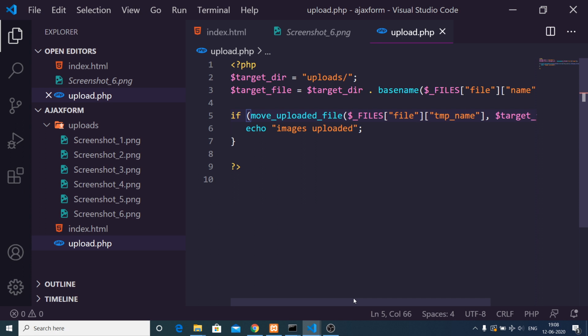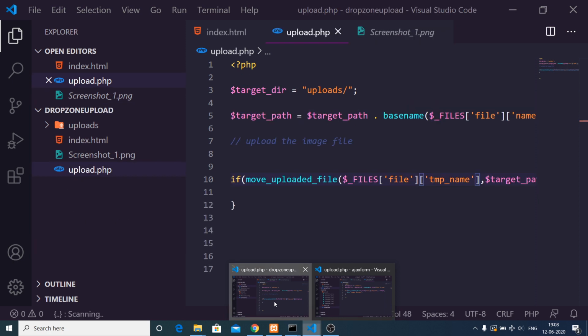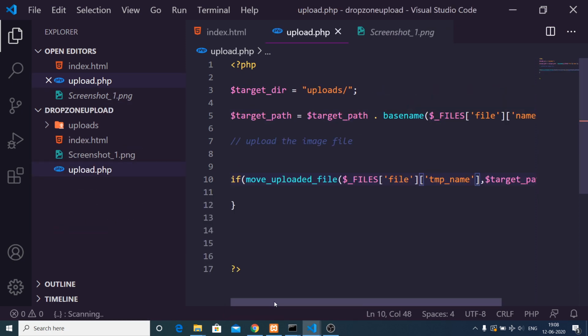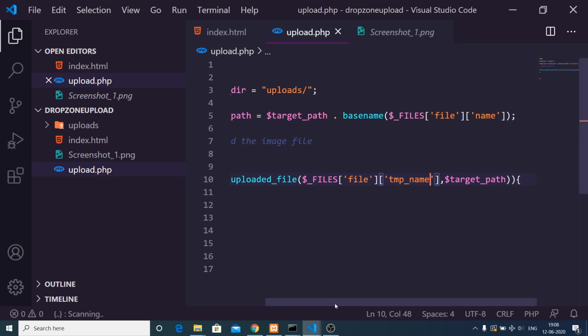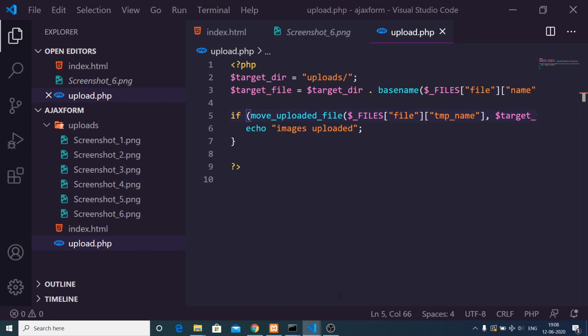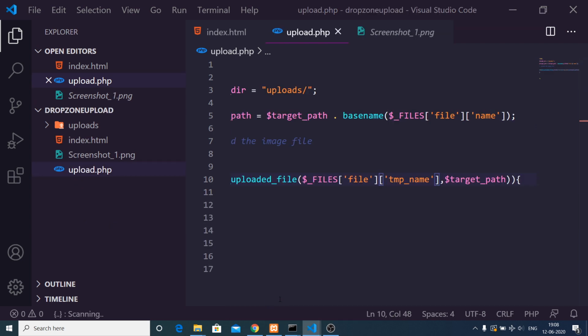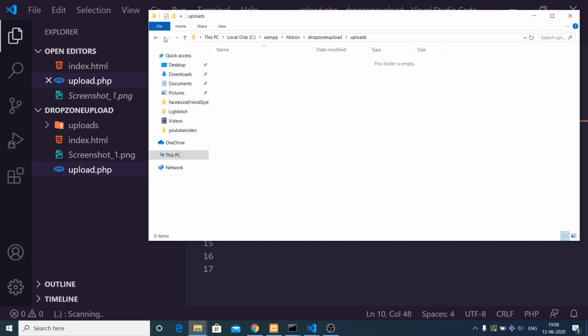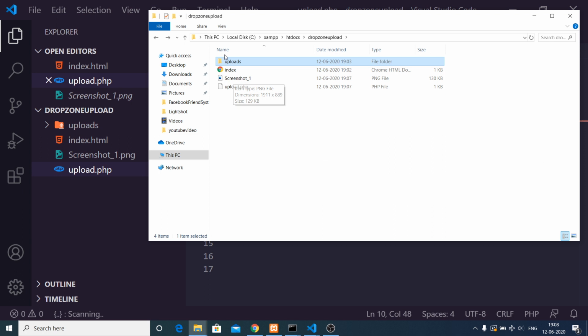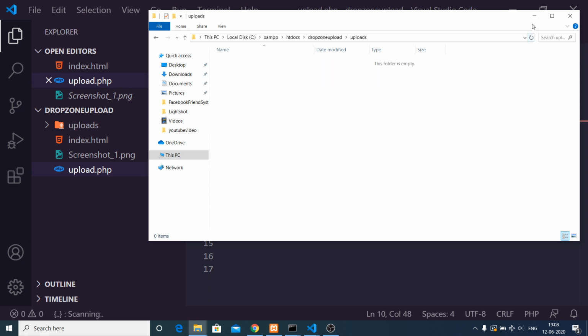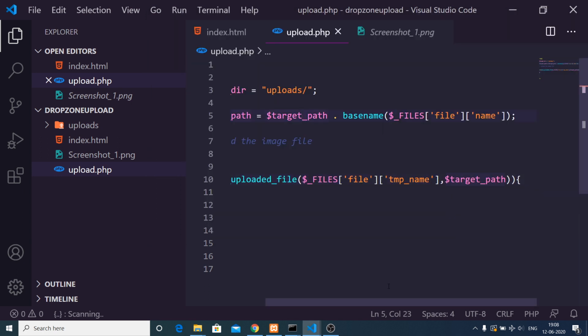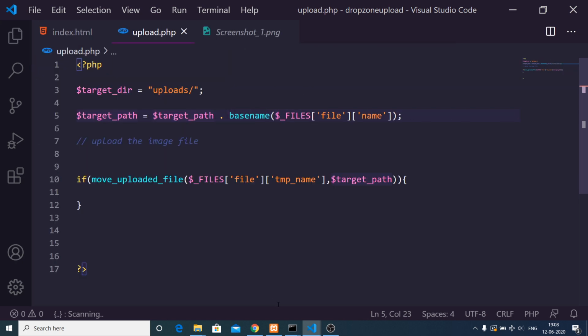Target directory uploads slash, and here, let me just check, guys. It is uploaded not inside the uploads folder. It is uploaded right here inside this png.